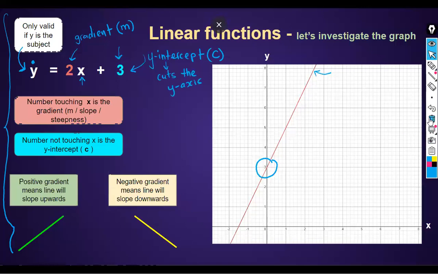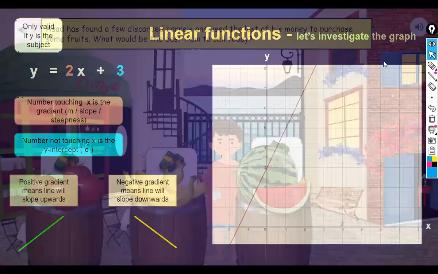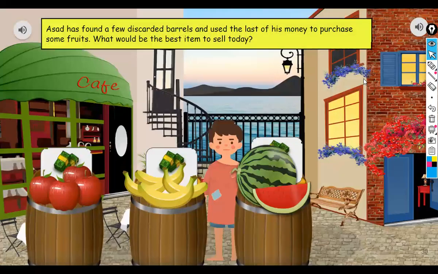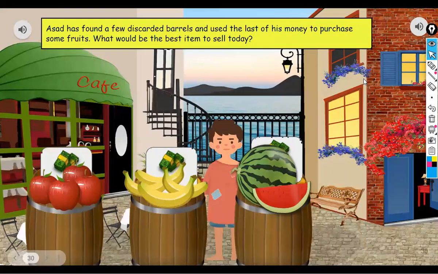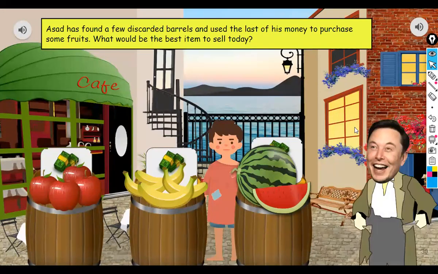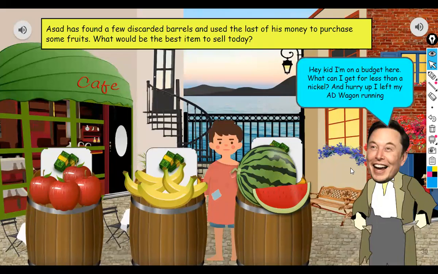All right. So here's our good guy in the story, the protagonist of our story. Our friend Assad has now moved to Spain from Morocco. He found some discarded barrels and he's selling fruits. So let's see his first customer, and you're going to help him sell these fruits. This is our first customer here. Hey, this guy looks familiar. Does anybody know this guy? He seems to be low on cash, but